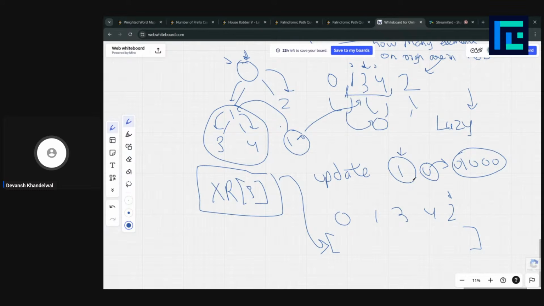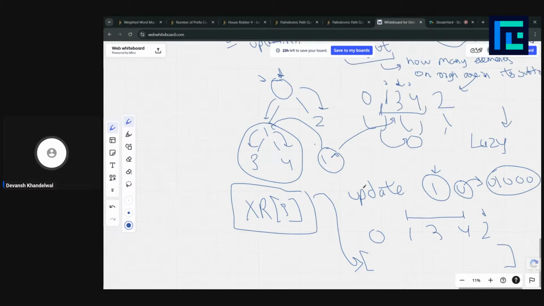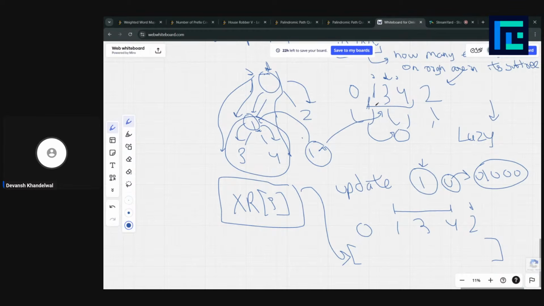And what we are doing is, when we update 1, we are updating 1, 3, and 4. Because if we change this value, the XOR that came from 0 to the ith index, from 0 to the node number 3, the path from 0 to the node 4, all these paths would change. So we basically changed it for 1, 3, and 4 using this flattened tree, using the lazy segment tree here.